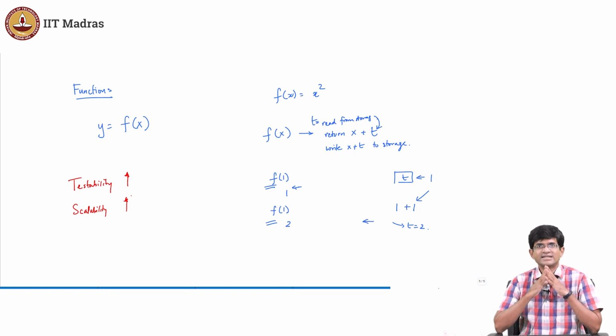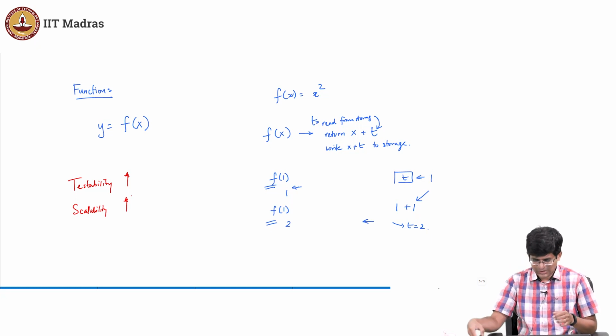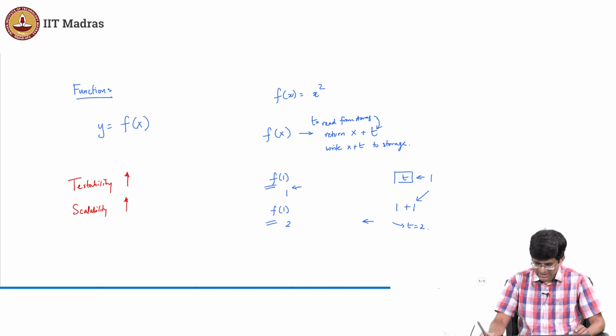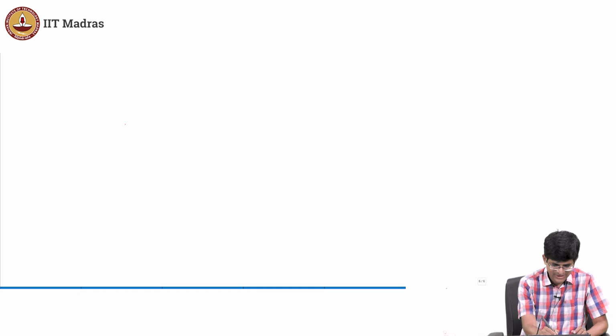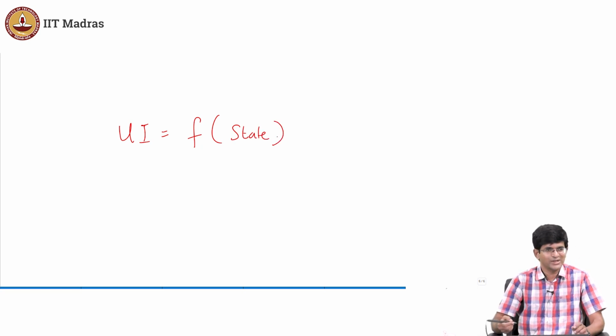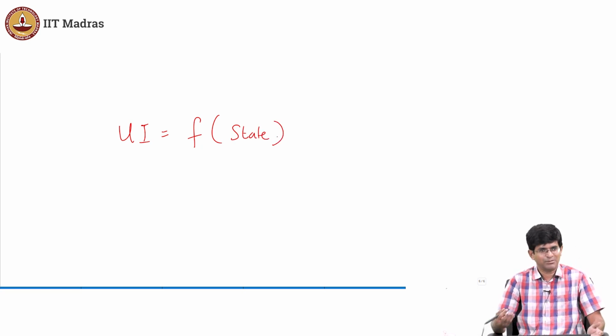Yeah, so actually state is something slightly different. If you look at even something like Vue or React, the core idea of those is this thing: UI is equal to f of state. This is one slide that I put up in the AppDev2 course also. And what does that mean? It basically means that the way a program is written can be composed of multiple different functions.